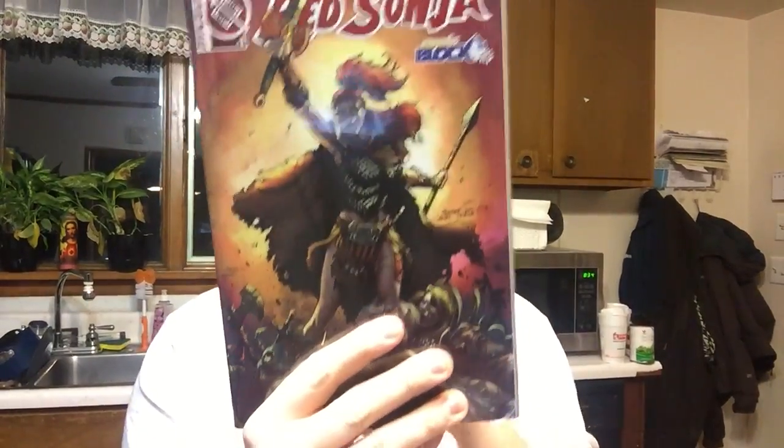Our next comic is Red Sonja, and it is a comic block exclusive. So there we go, pretty neat. And on the back there is actually a code for 25% off your order on something called Jinx.com. I'm guessing it's probably like a clothing store. It says the best clothing in this universe. So there's a code on the back of this, which is cool. But this is the second comic, and this is actually